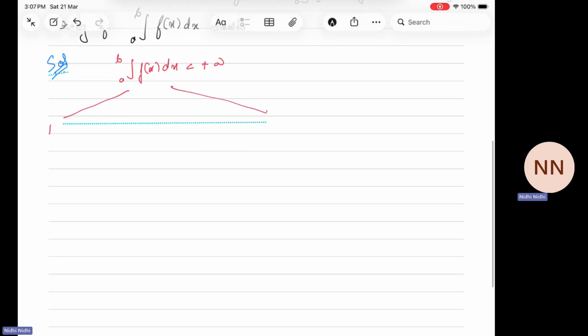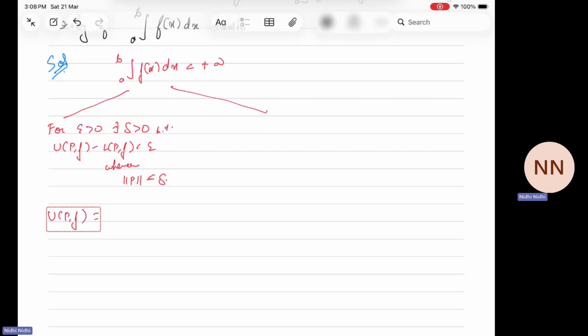In the first case, for any epsilon positive, there exists delta positive such that U(P,f) minus L(P,f) is less than epsilon whenever the norm of the partition P is less than delta, where U(P,f) is the upper sum